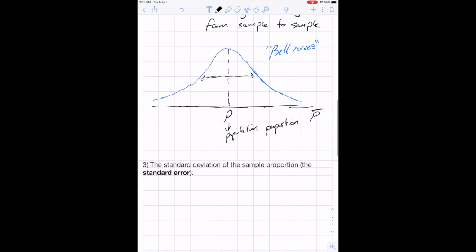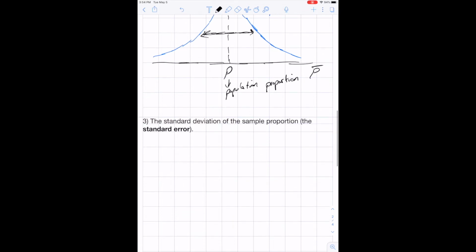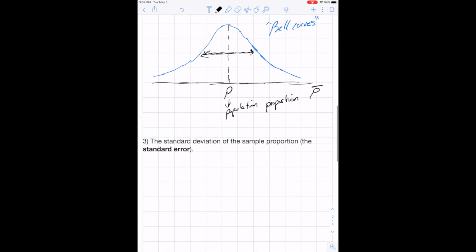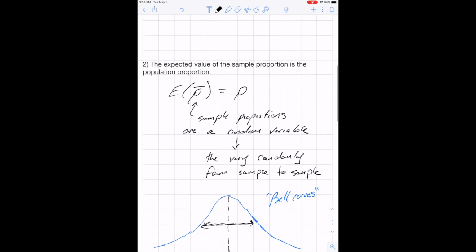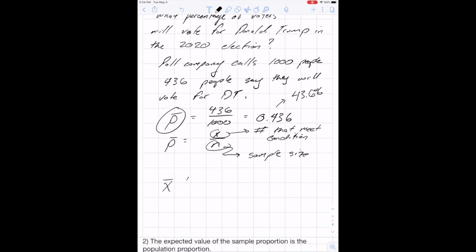But as we've mentioned before, and I've already drawn right here, oftentimes we also care about how spread out a distribution is. So we need to figure out how to calculate the standard deviation of sample proportions. We also call the standard deviation of sample proportions the standard error. So basically any time we're calculating a statistic, whether it be a sample proportion, p hat, or x bar, x bar and p hat are both examples